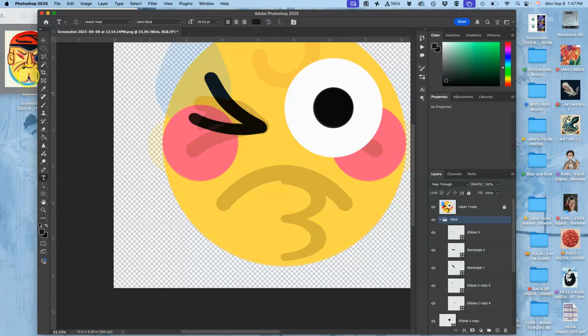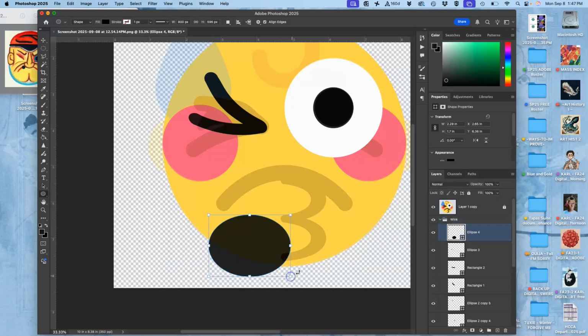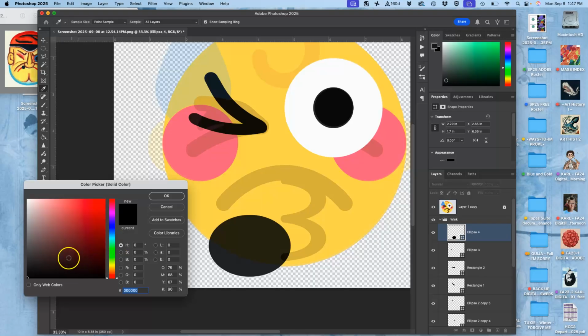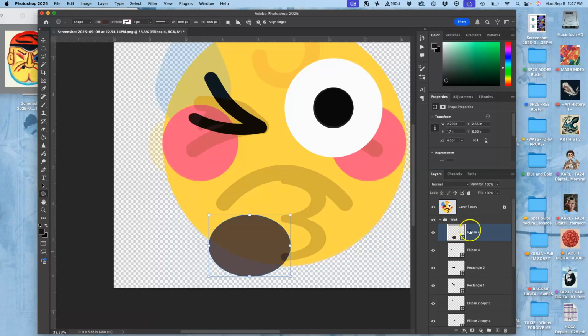I want kind of this weird butt chin. So I'm going to try it in this way. I'm going to use ellipses, and I'm going to build 2 of them. I'm going to make their color kind of a dark brown. Duplicate